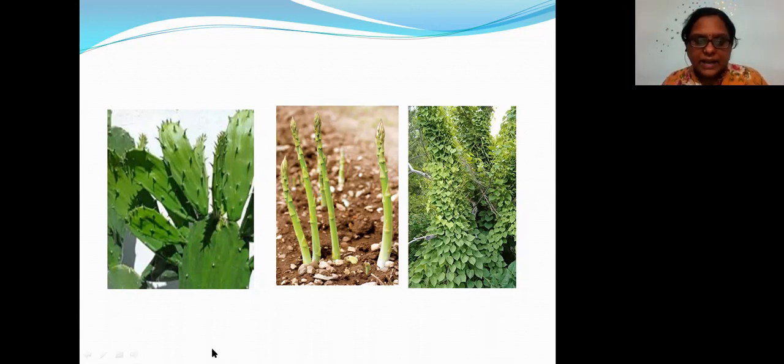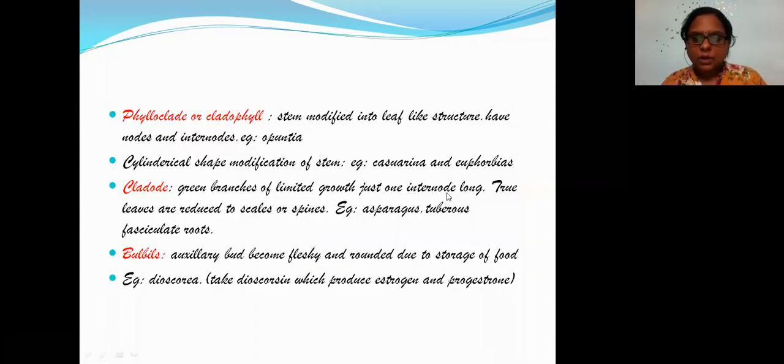Okay, and towards the end, can you see they will have the flowers? So green branches, green, students, green. Can you see here also? This is also green. Actually, this particular slide, you can put up a topic also: all those stems which have modified themselves into something of green color. Most of them actually do photosynthesis.